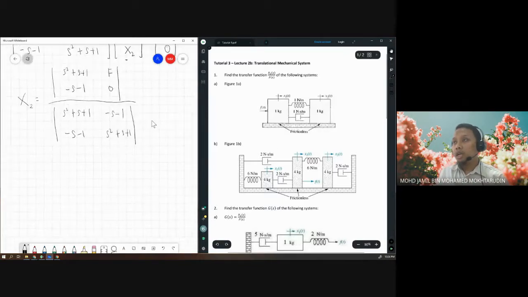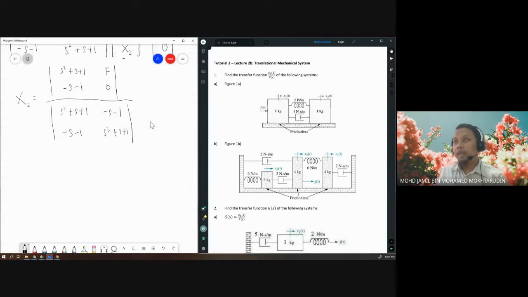Okay, so usually the question may ask you to simplify the matrix. Sometimes they ask you to leave it in determinant form, meaning you don't have to simplify the determinant. But here it's still x2, not x2 over f. So you need to at least simplify the top one, because here we have f, so we need to bring this f to the other side. So we get x2 equals, the top determinant you can simplify,